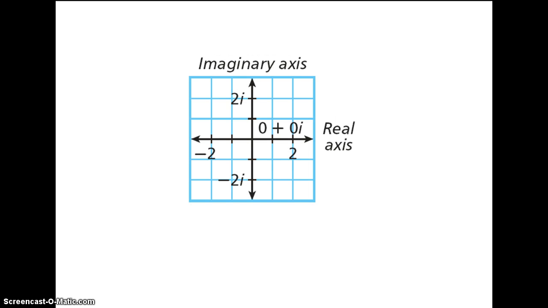Okay, so the next step is to graph. We can graph imaginary numbers. One thing you have to understand about the coordinate plane is what happens when you graph complex numbers. First of all, the x-axis that you know, which is the horizontal line, is the real axis. So instead of x-axis, now we call it the real axis. The vertical line